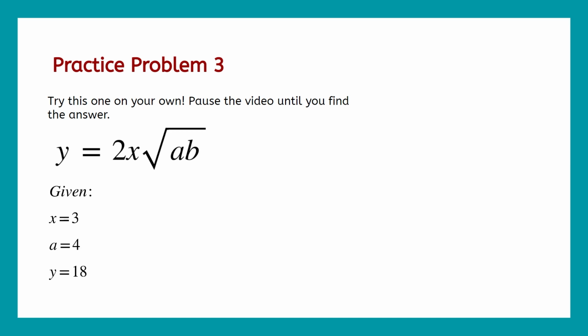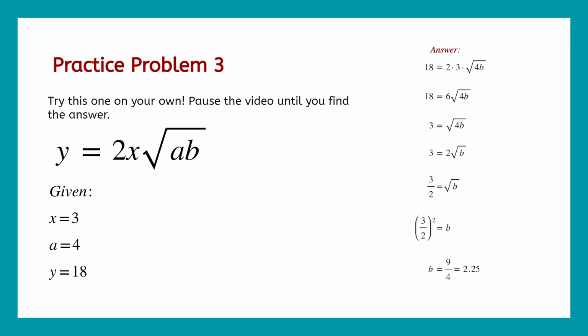Okay, so here we're going to plug in 3 for x, 4 for a, 18 for y. And we'll get 18 equals 2 times 3 times the square root of 4b. We'll simplify by multiplying 2 by 3 and getting 18 equals 6 times square root of 4b. Then we'll start to isolate b by dividing both sides by 6. And we'll get 3 equals the square root of 4b. Then we'll go ahead and pull that 4 out of the square root, because I can take the square root of 4, it's just 2. So I get 3 equals 2 times the square root of